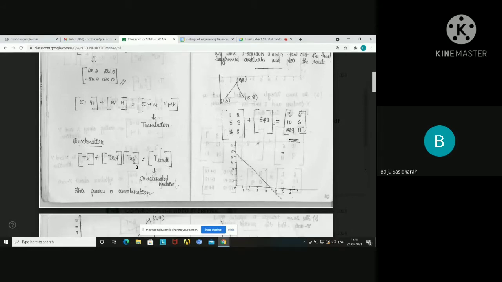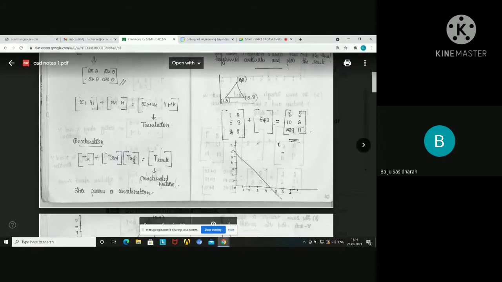Okay. In a simple sense, we can say that more than two or three operations are carried out in a single step by multiplying all these transformation operators to get a single matrix. That single matrix is then operated on the initial coordinate values in order to get the final transformed values. Okay. And that operation is concatenation.